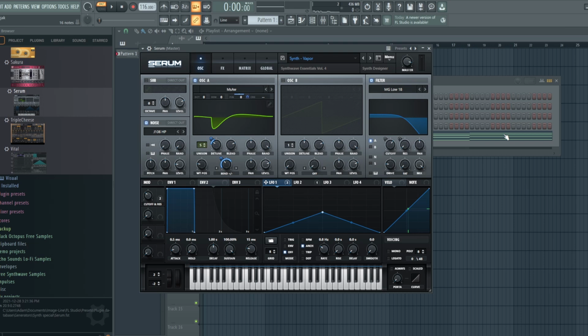Today we're going to be talking about how to create vaporwave sounds in Serum. Now vaporwave is kind of an offshoot of synthwave, chillwave. The defining characteristic, I guess you could say, is it's like synthwave but with more vapor. Obviously just kidding. It's really difficult to pin down exactly what vaporwave is, but it has a lot of